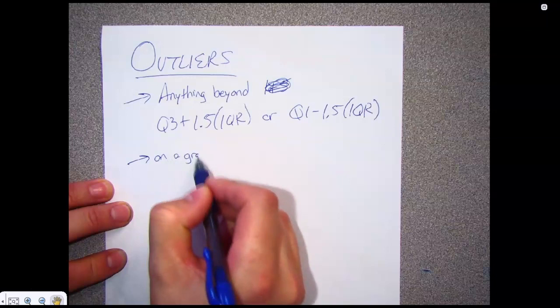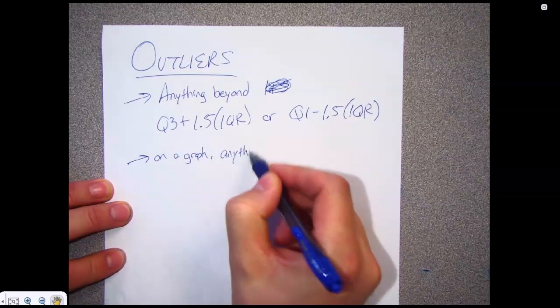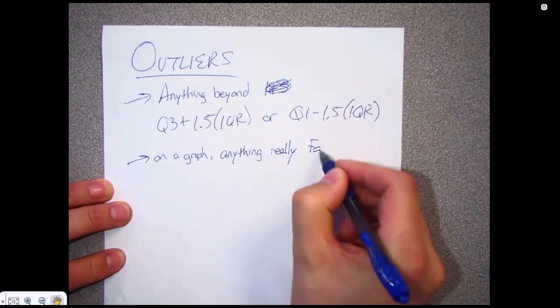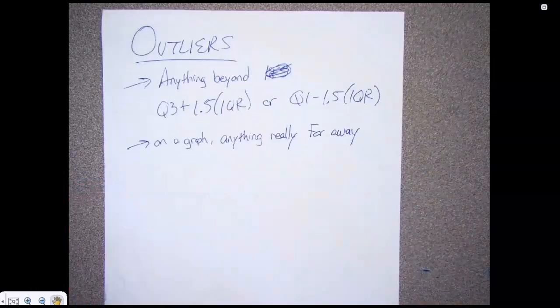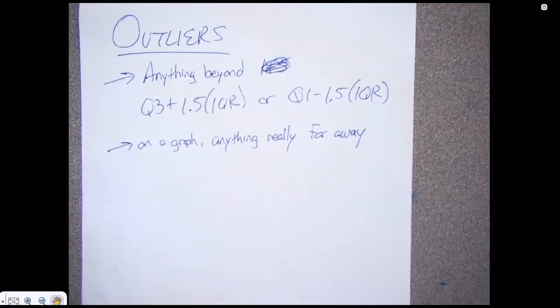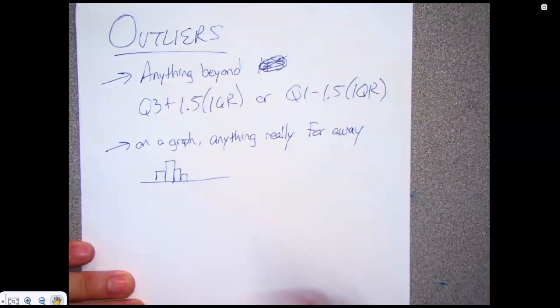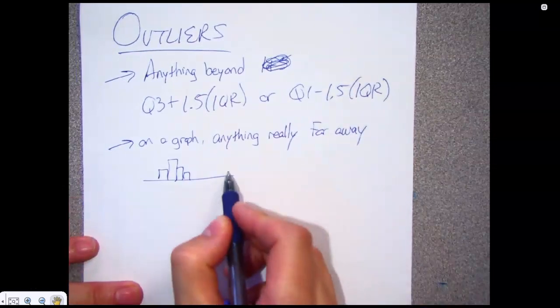On a graph where you don't have the data, it's just anything really far away. They'll make it very obvious if there's an outlier on a graph where you don't have the data. So for example, if I gave you a histogram like this, would you think there were outliers there? No. But then if I put one way over here,